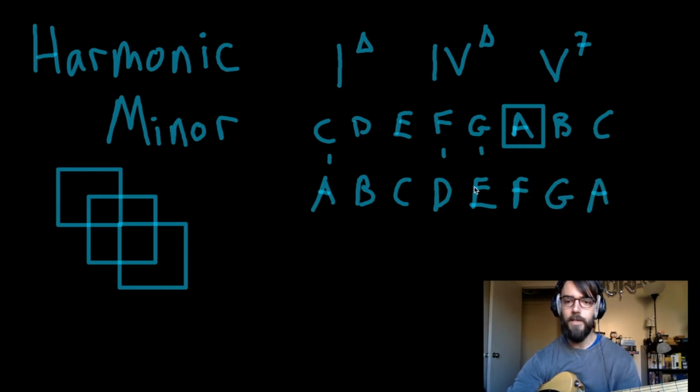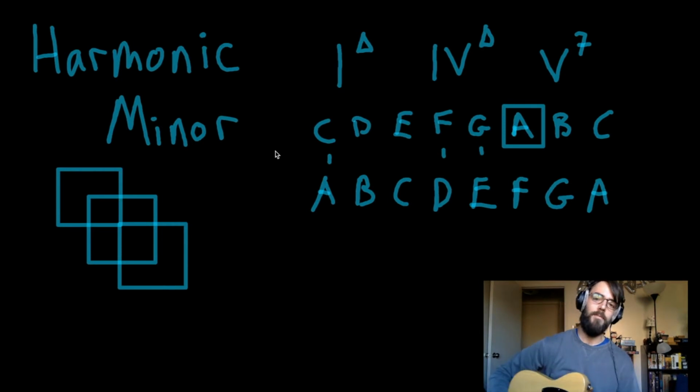And that process of going to the 6th note of a major scale and then spelling it out from that starting point is known as the relative minor. So A minor is the relative minor of C major. You could do that with any major scale. Find the 6th note and spell it out, and you get its relative minor. All right, now, going back to this chord progression, if I play this chord progression now, starting from an A minor scale,